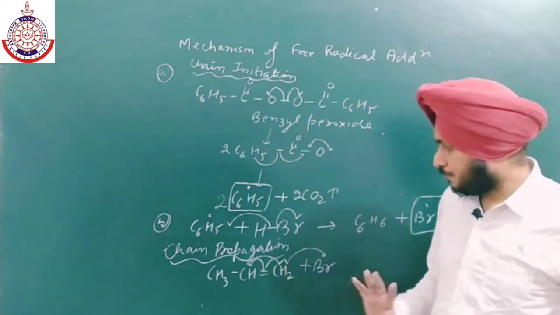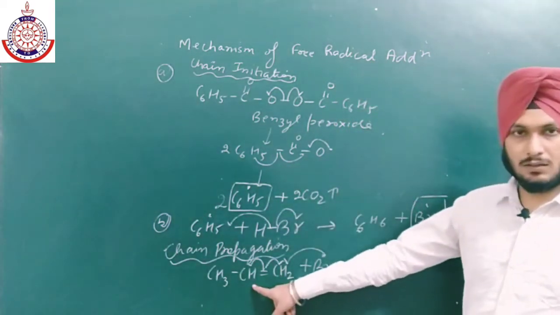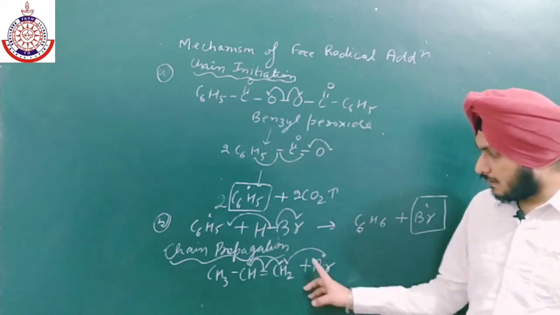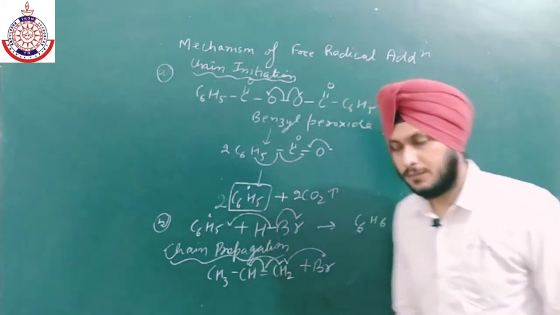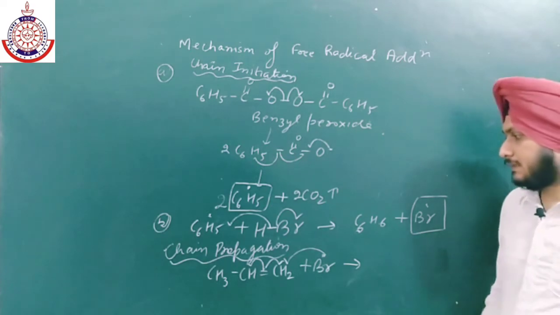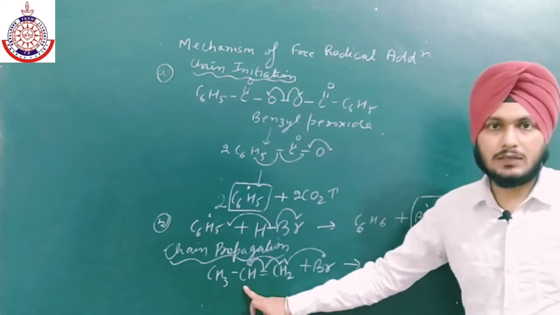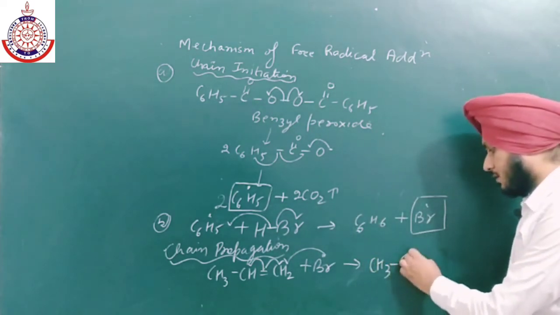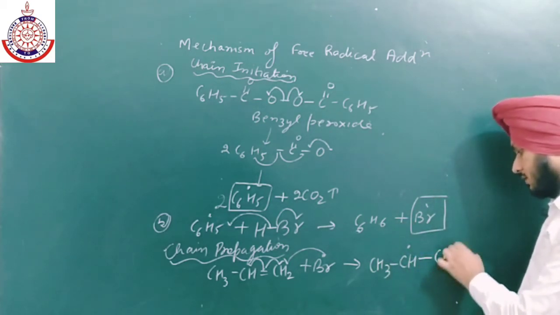Okay, so now there is no probability that this radical will attach over here. The mechanism shows that this radical has only one choice, to attach over here, not here. And we all know that 2 degree free radicals are more stable. Radical over here, and we will get single bond CH2Br.